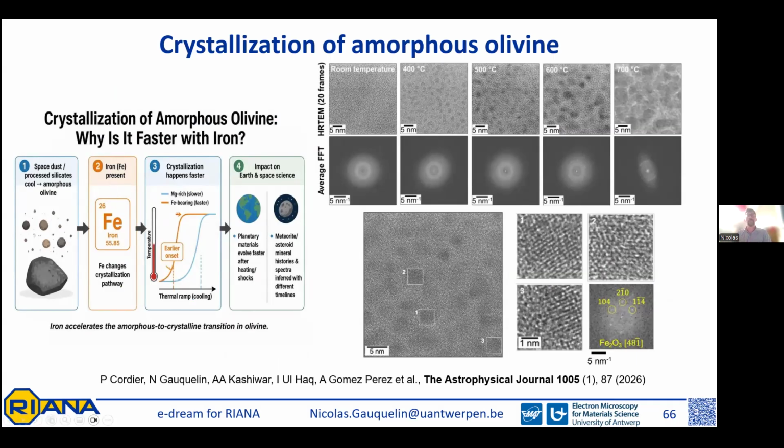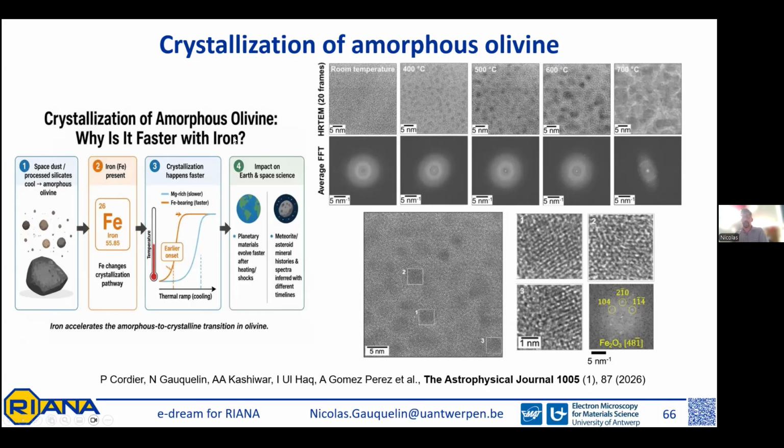And what we saw is that when crystallizing some amorphous olivine, we can actually see some very small particles that are crystallizing at a much, much lower temperature than the tabulated crystallization of olivine. And what you see here at 400 degrees is that we have some very small nanocrystals